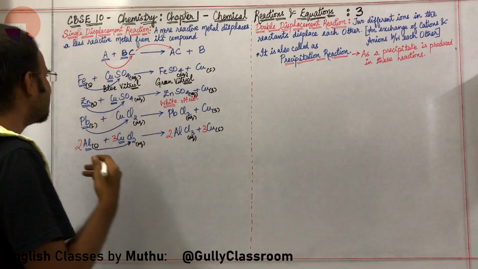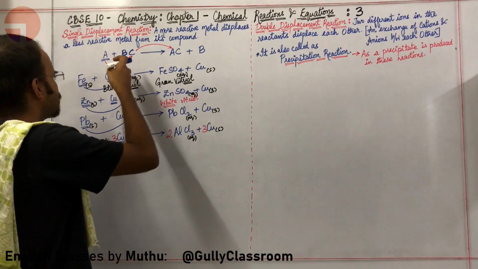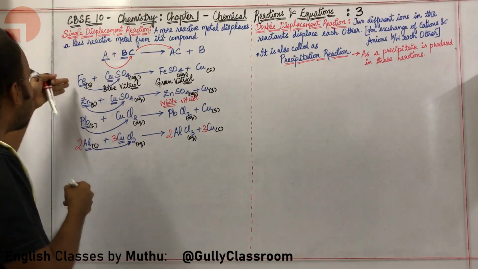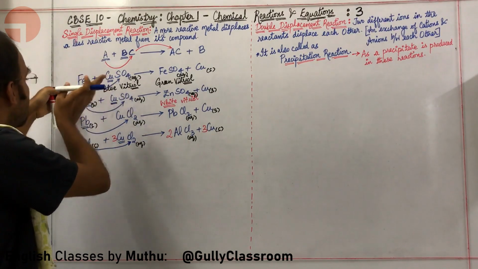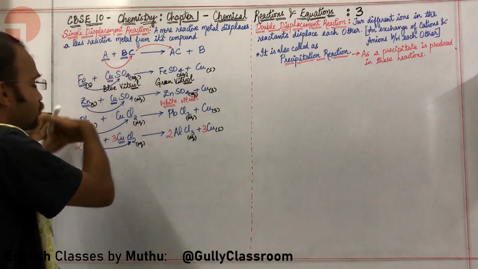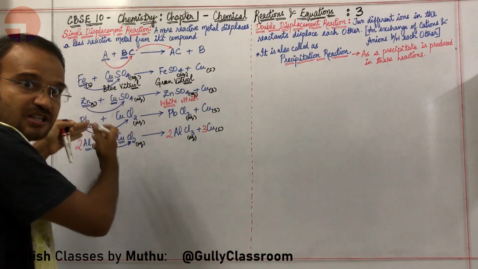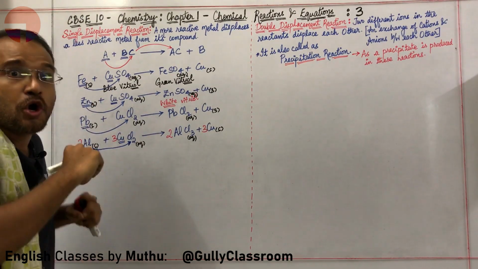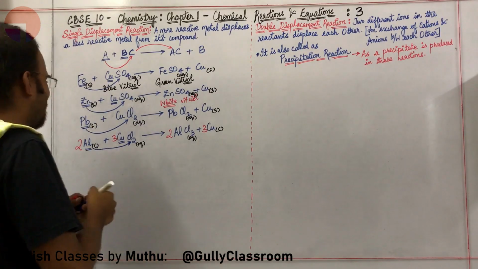Okay, sir. Sir, let me ask you something. Yeah, please. Here you have written that copper is one of the least reactive metals. More or less, iron is more reactive than copper. It displaces copper from its compound. Zinc is more reactive than copper. Lead is more reactive than copper. Aluminium is more reactive than copper. And all these metals are displacing copper from its compound. Show me a reaction where copper displaces another metal out of the compound.